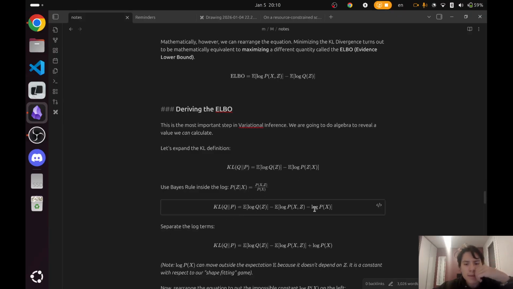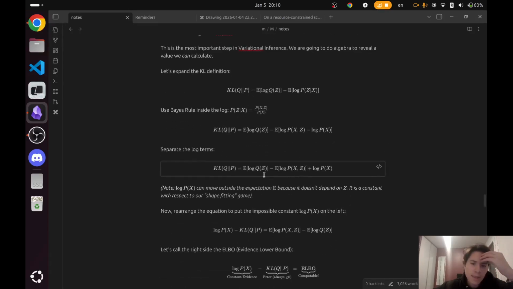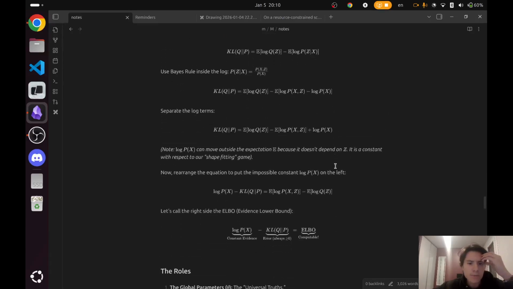Yeah, this is the right side. We substitute this with this. This is this expanded. Okay, we separate the log terms, and then we end up with this, right? Okay, we move this to the other side, and this is the ELBO. All right,